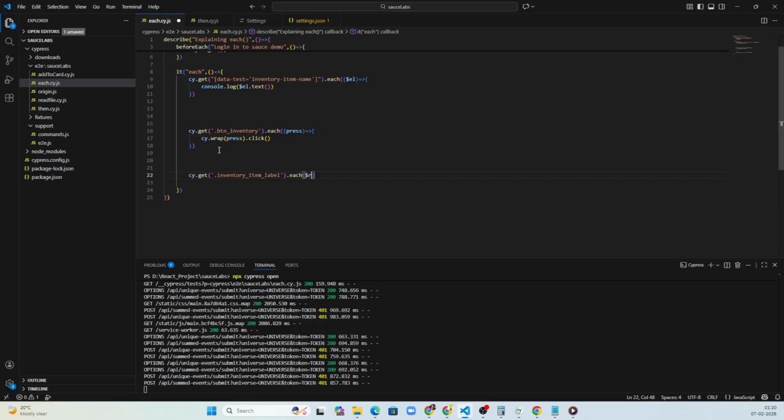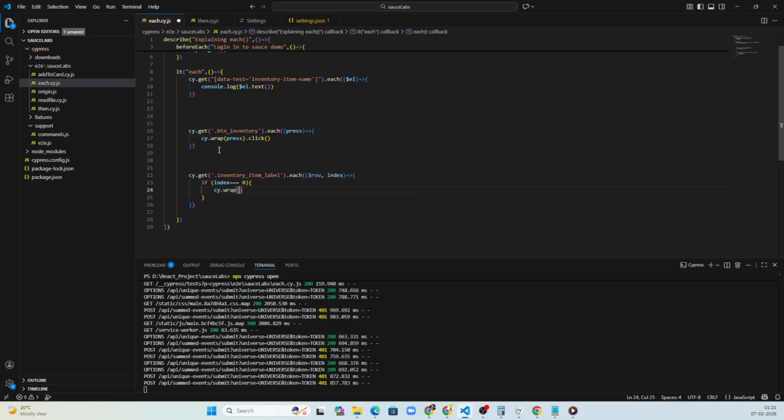I will define the variable row and the parameter index, arrow function open. If the index is equal to 0,